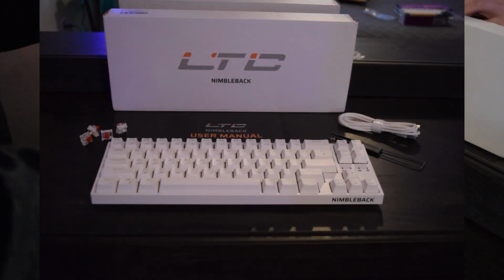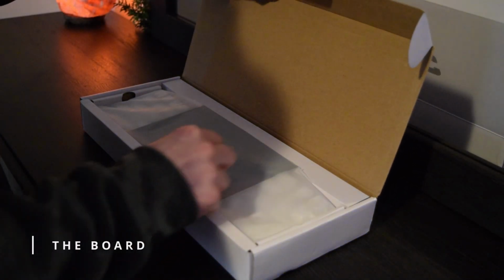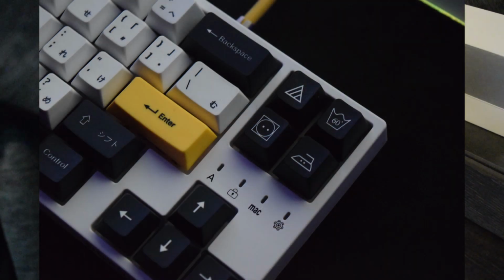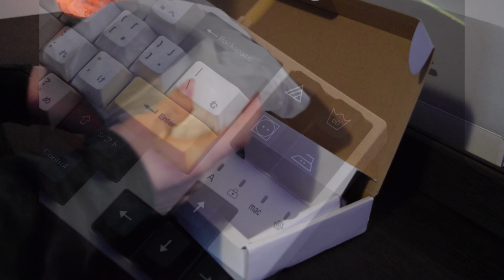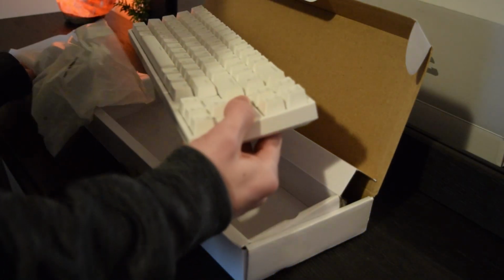I used the LTC Nimbleback keyboard, which is a 65%. It came with the option between reds, browns, or blues for the switches. I chose the reds because I might want to use them for a future build. It has a 4-button cluster on the far right of the board, which is not very common, but I'm a pretty big fan of the look. The box came with a user manual, 4 extra red switches,